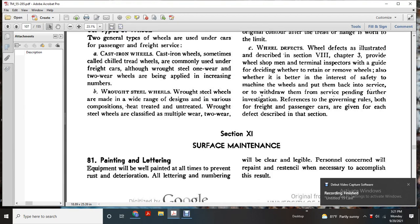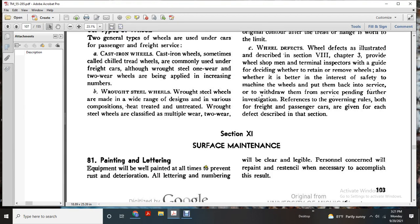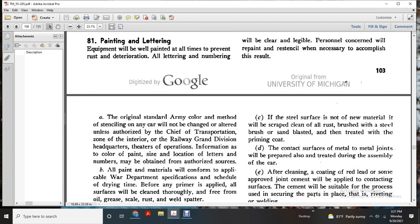Section 11, surface maintenance, painting and lettering. Equipment will be painted at all times to prevent rusting and deterioration. Letters and numbers will be clear and legible, repainted and re-stenciled if necessary to accomplish this result. The original standard of the Army Corps method of stenciling on any of the cars will not be changed or altered